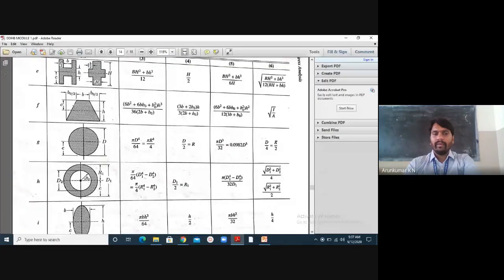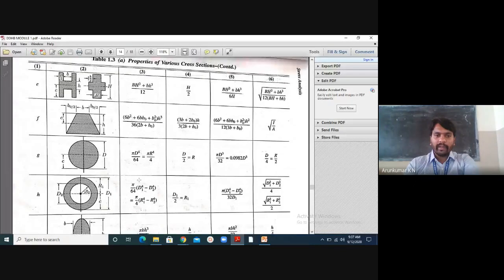Sometimes the trapezoidal will be given. Right. Look at the circular. The moment of inertia is pi d to the power of 4 by 64. And the C value is also known. Everything will be available in the data handbook. No need to worry. The only thing is you need to analyze the type of load and cross-section area. That is the main thing in the first module. All other parameters and equations will be available in the data handbook.